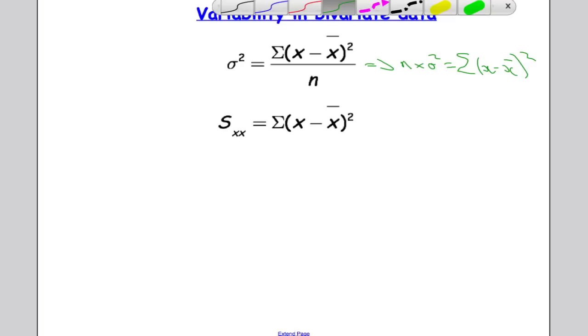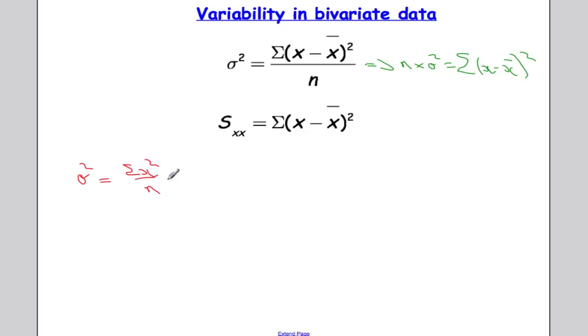You may also remember that sigma squared is given by the mean of the squares minus the square of the mean, and if I know that Sxx equals this, that implies that n multiplied by all of this,